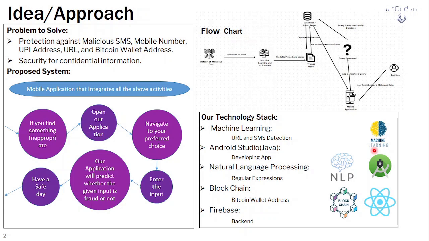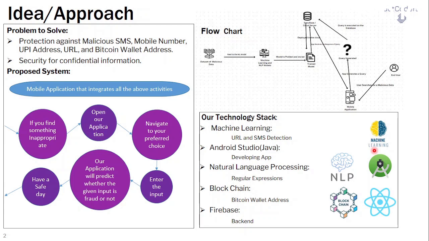Now let's get into the architecture of the app, the basic workflow, and what happens in the app. Basically, we use machine learning and artificial intelligence technologies. We have a large dataset of malicious data, such as data regarding false URLs, false SMS, spam numbers, etc. I think you would have got what I mean about the data. So we train a machine learning model.